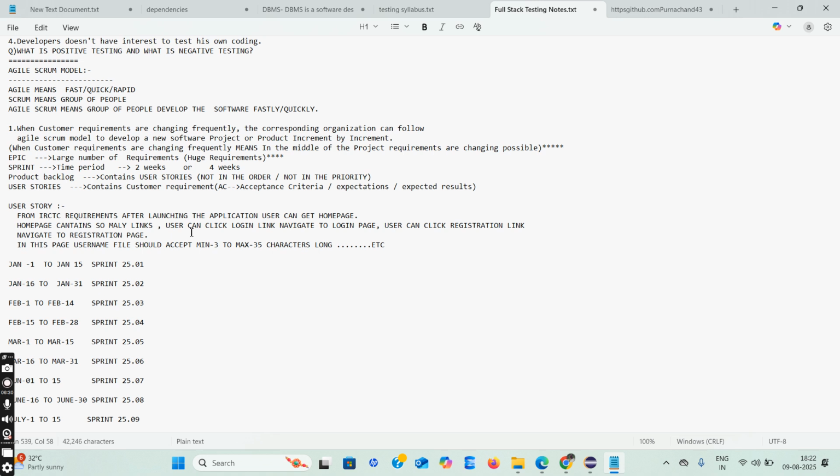Expectations. So the user story should reach our expectations, the client's expectations. So when expected results are equal to actual results, then the test case is passed in these situations. Okay, so what is a user story from IRCTC? You can take this one. So the IRCTC page. Okay, so if you launch the IRCTC page, the IRCTC browser, so in Telugu